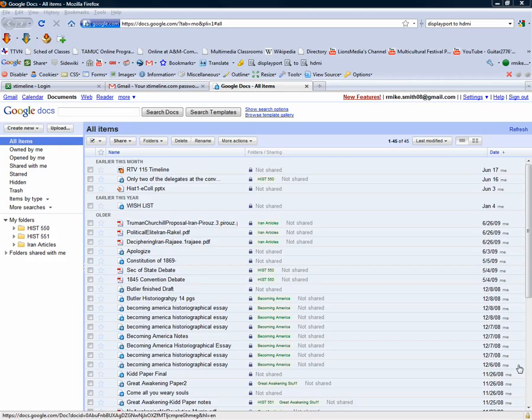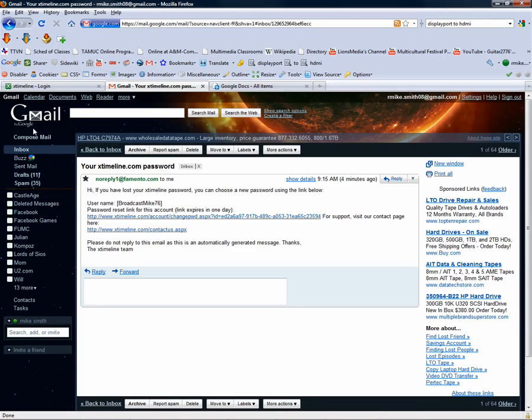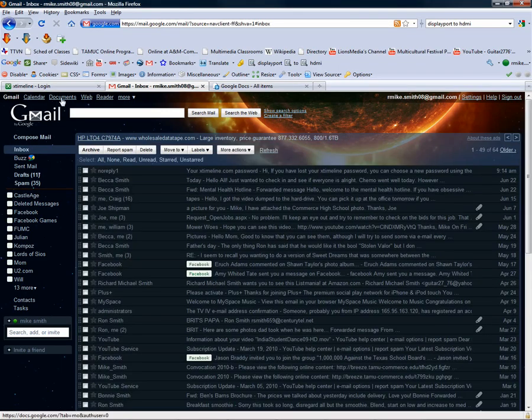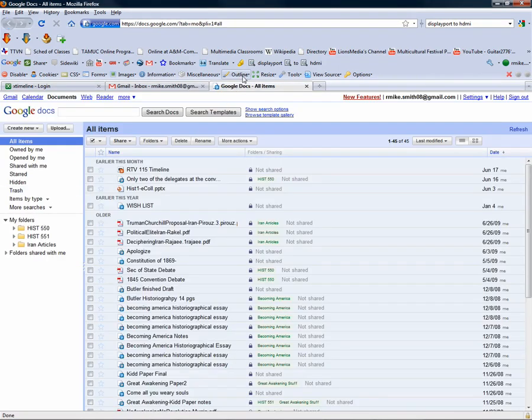So we're going to try and do just a brief demonstration about how to assemble your timeline project using Google Docs. If you have a Gmail account, Google Docs is already available to you. You may or may not have used it. You just, from your Gmail page, you can just click on Documents, and it'll take you to a tab like